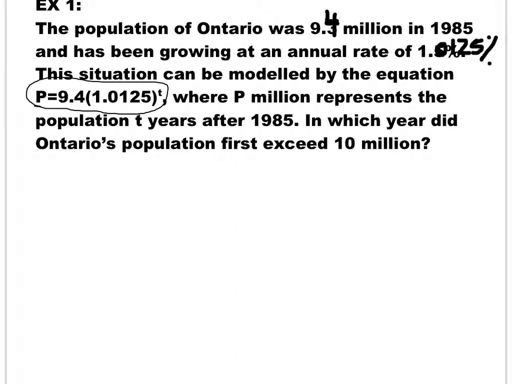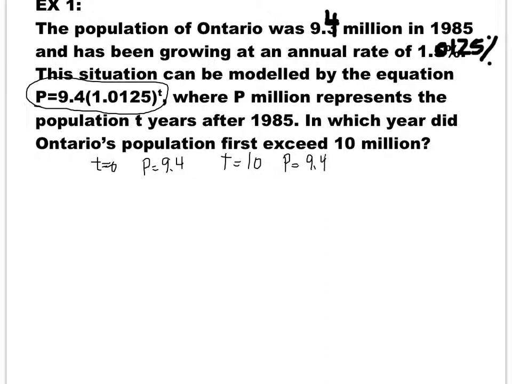Again, this is the type of equation that we can't solve algebraically, except if you know how to use the logarithmic functions on your calculator, which you don't. So what we are going to do first is use divide and conquer. I'm going to pick two extreme points, one that is less and the other that is greater than 10 million. If I pick t equal to 0, the population becomes 9.4. If I pick t equal to, let's say, 10 years, the population becomes